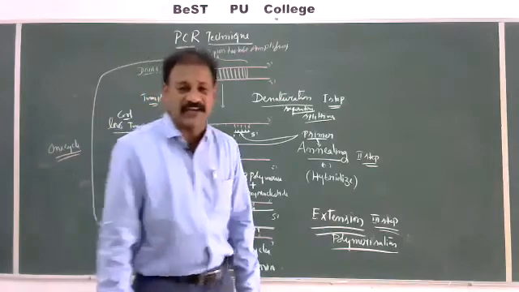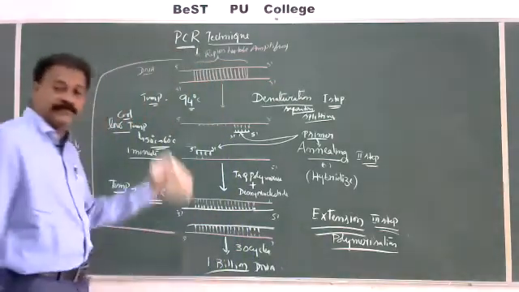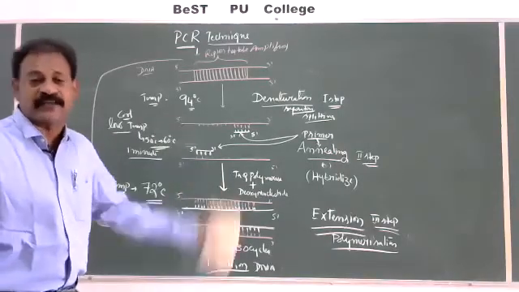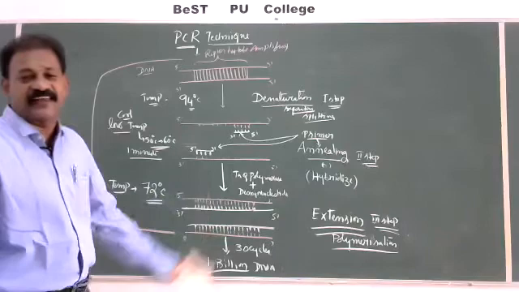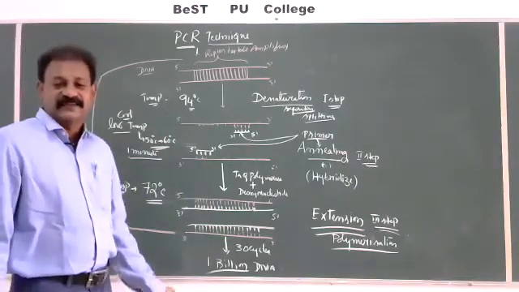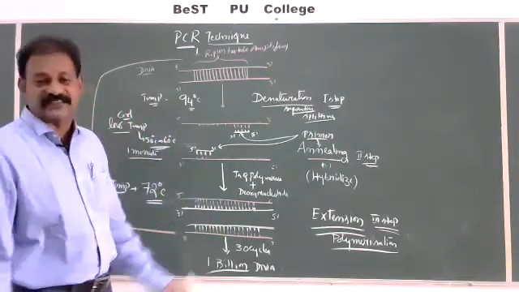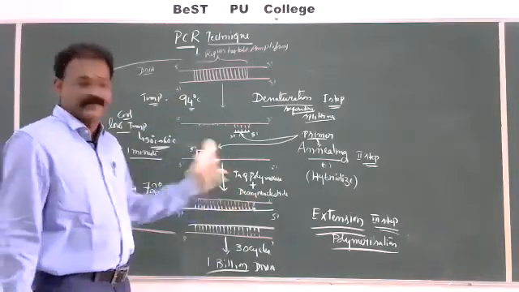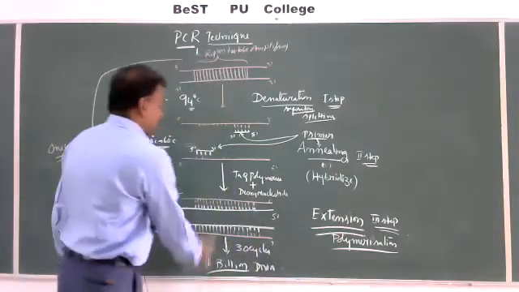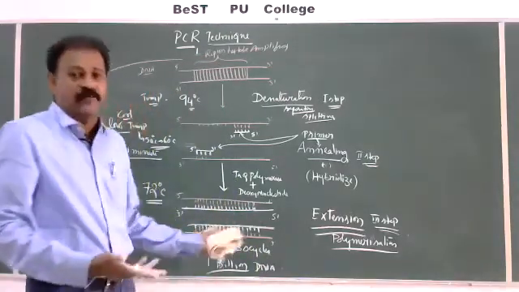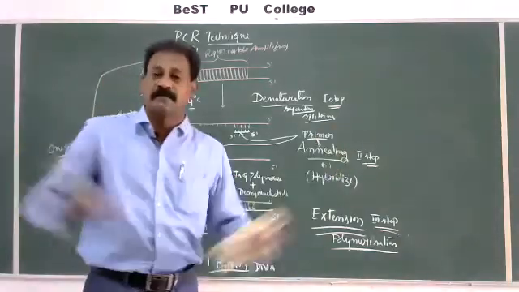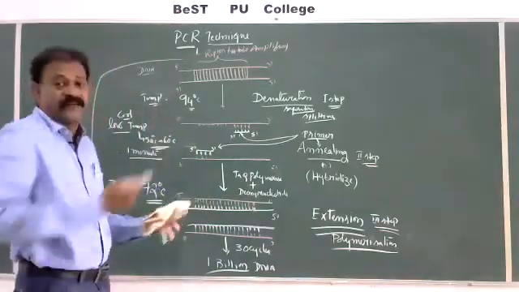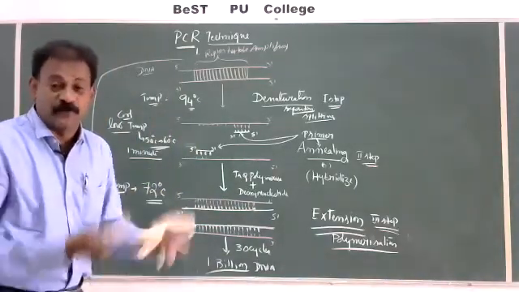PCR, polymerase chain reaction, was beautifully explained by Kary Mullis, and it is a technique which is used extensively in biotechnology, genetic engineering, recombinant DNA technology, in forensic studies, in the identification of the genes and its functions, various sequences present in a gene. So in various ways, now like this, hundreds of pieces are available, you can do hundreds of different experiments. Here there is no need to worry if a single gene is available. If our experiment fails, then how to get another gene?